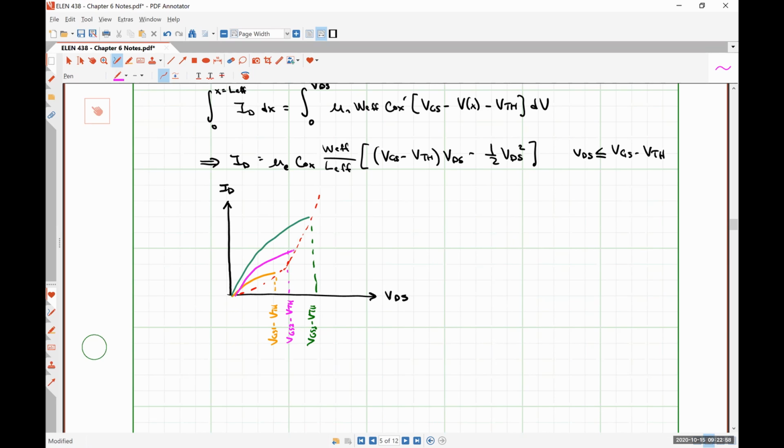There we go. A parabolic arc, where that arc is ID is equal to 1/2 mu E